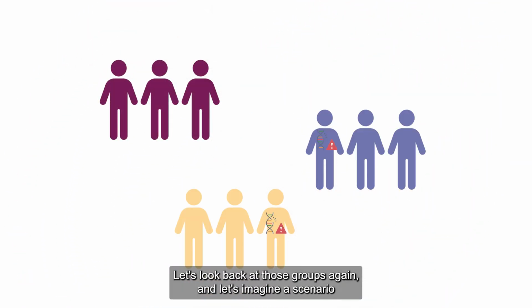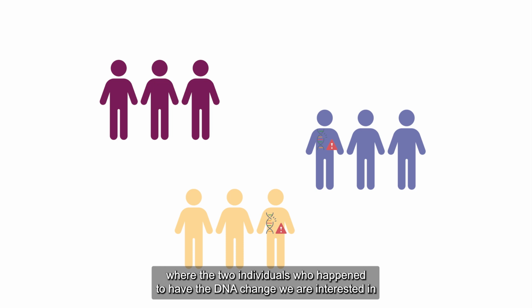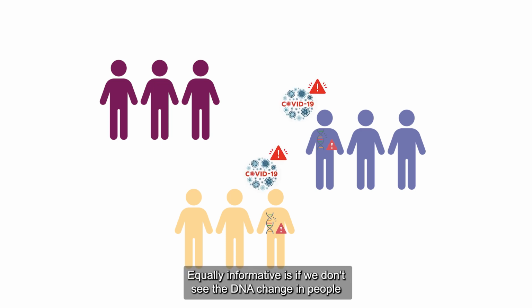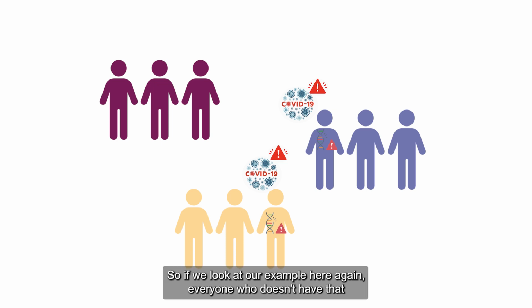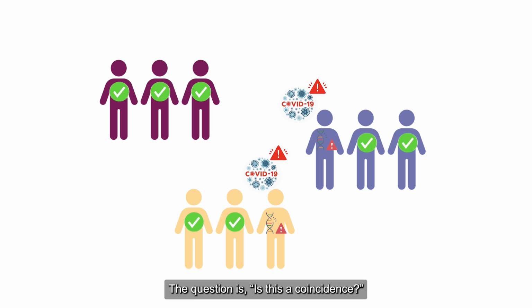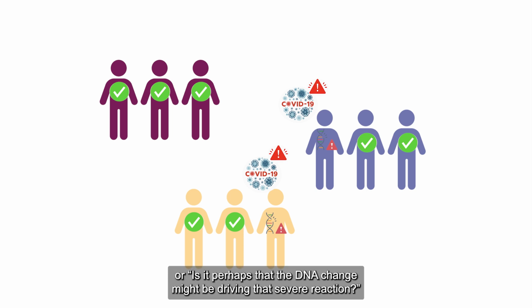Let's look back at those groups again and let's imagine a scenario where the two individuals who happen to have the DNA change we're interested in have also had a severe reaction to COVID-19. Equally informative is if we don't see the DNA change in people who don't have the same phenotype. So if we look at our example here again, everyone who doesn't have that particular change has not had a severe reaction to COVID-19. The question, is this a coincidence, or is it perhaps that the DNA change might be